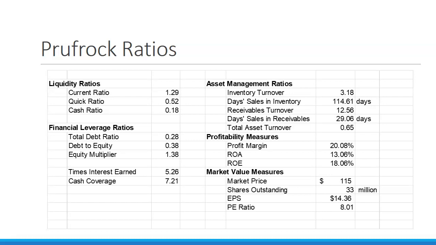So when we look at some of that information, for example, I can look at the current ratio. The current ratio for this company is currently 1.29. Anything over 1 is good. That is what we're looking for. However, if the reason that they were over 1 is because they took out a loan and got a bunch of cash,